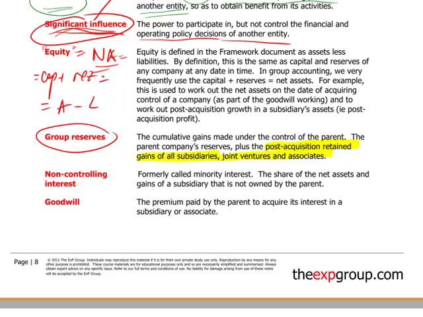I don't know if it was in your times or not, but I think minority interest is expressed as non-controlling interest. These are shareholders that do not have control or significant influence. If you think you bought 80% in a company and I have 20%, I would be the non-controlling interest. The share of net assets and gains of a subsidiary that is not owned by the parent, that would be the definition. And I think goodwill you heard already, and hopefully remember from F1, we touched upon it there, is the